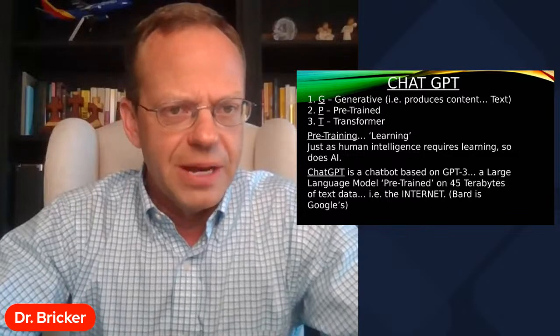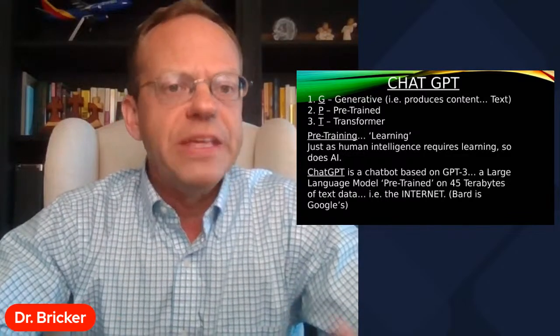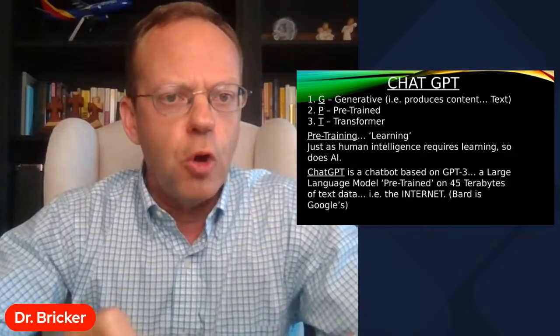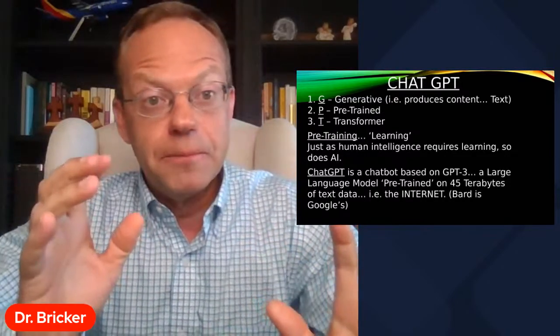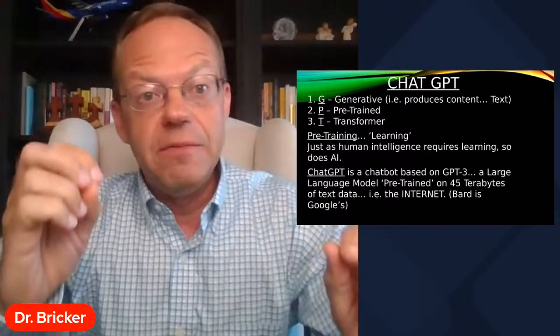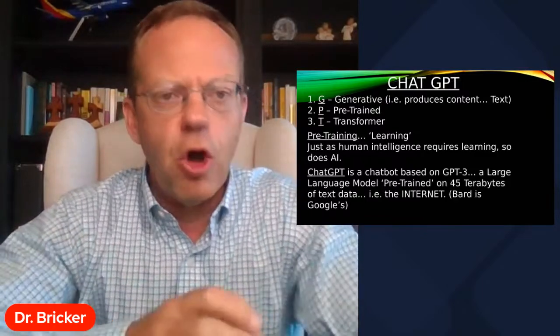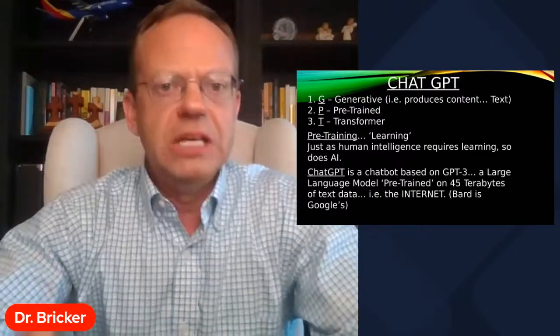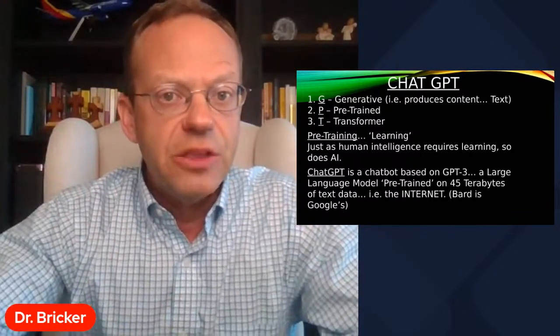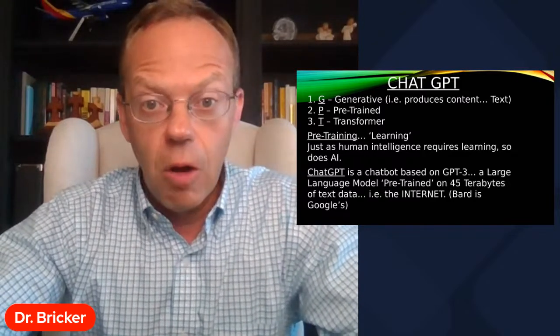And, you know, if you're a computer science nerd, you're like, oh my goodness, 45 terabytes of data. That's tons. But for most people, we're like, that doesn't mean anything to me. What in the world is 45 terabytes? Okay, 45 terabytes is all the text on the entire internet. So in English, in Swahili, in French, in Japanese, you name it, all the text on all of the internet in the world is 45 terabytes. So they basically took the entire internet and they trained this generative AI on the entire internet.